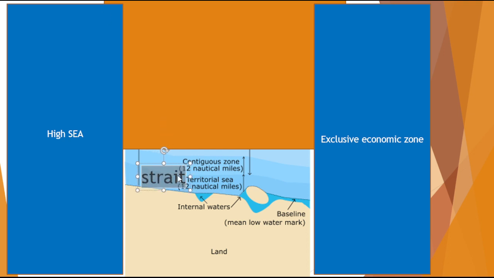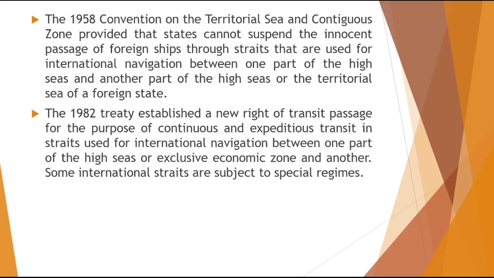Now in this context, let's read further. Yes, we were here. The later treaty of UNCLOS 3 came into picture in 1982. So these earlier treaties of 58 were not abolished or repealed, but they were not all encompassing of all the laws. They had some gray areas. So a new treaty had come into picture in 1982. This treaty is called the Law of the Sea Treaty 1982, or the UNCLOS 3,